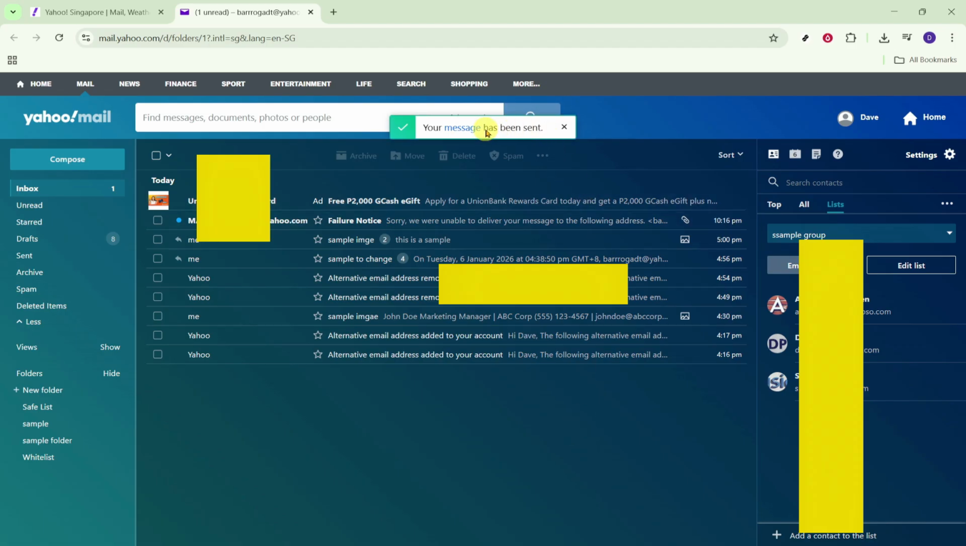That's it. You've used Yahoo Mail's contacts and lists to send a single message to multiple recipients efficiently. Keep your lists up to date, send only to people who expect your emails, and be mindful of setting limits